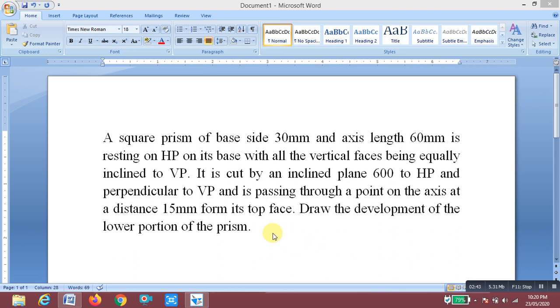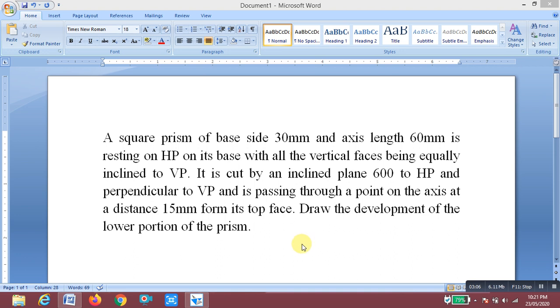The condition is the vertical faces are equally inclined to VP. It is cut by an inclined plane at an angle of 60 degrees to HP and perpendicular to VP. The section plane is perpendicular to VP, and is cut at an angle of 60 degrees to HP